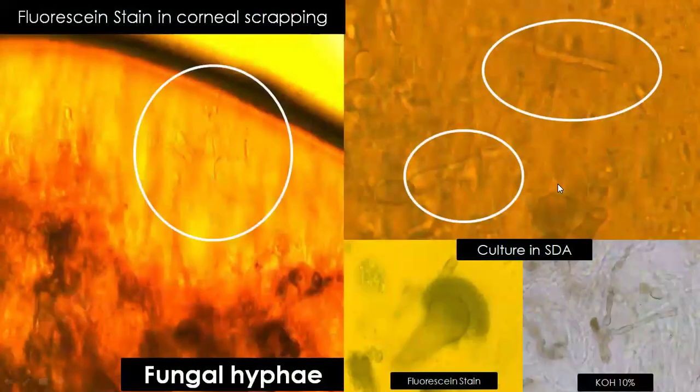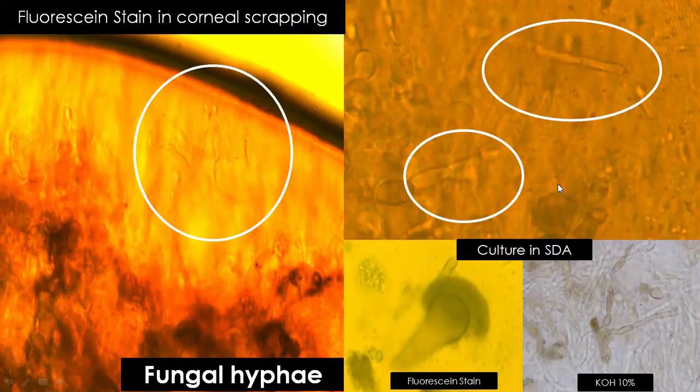And fluorescent stain in vitro showed some fungal element. Then we put this scraping into a culture on Sabouraud's agar, where fluorescent stain picked up Aspergillus flavus, and KOH 10% showed the